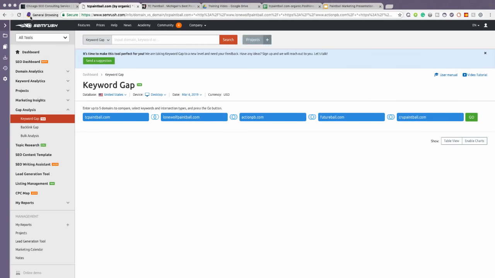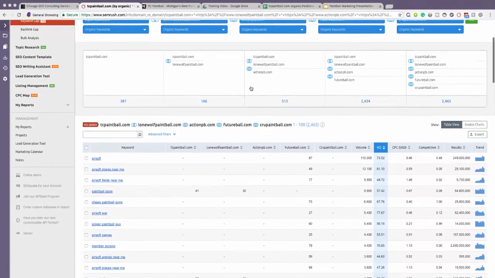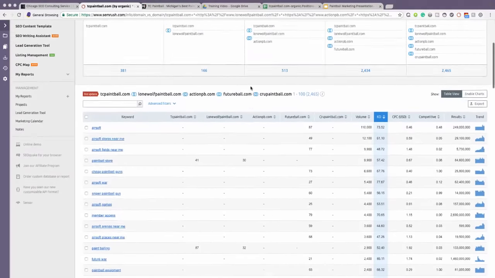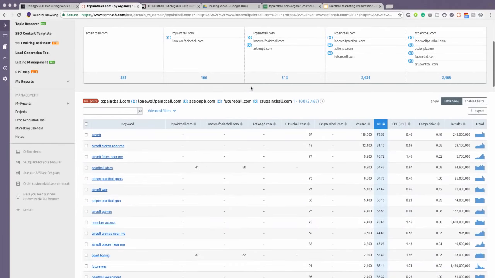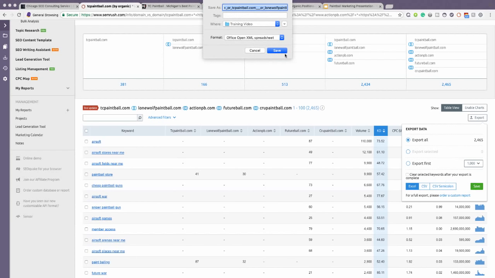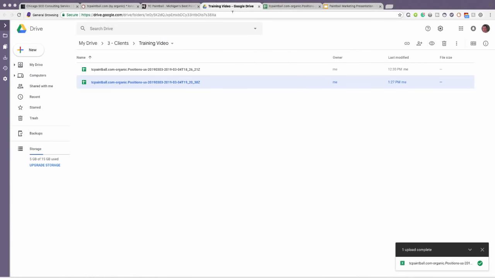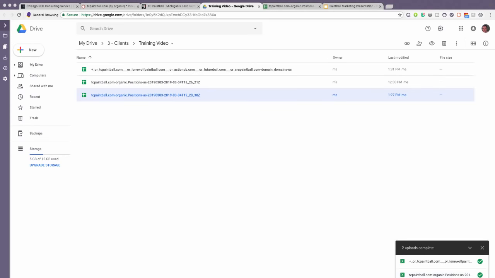Okay, and it's going to spit out all kinds of keywords, right? So what do we do now? Right now we have a bunch of data that tells you stuff you have no idea what to do with. So we export it again, export it all, hit save. Then I drop it back into Google Drive because it's easy to work in, in my opinion. Okay, it's ready, and we open this up,